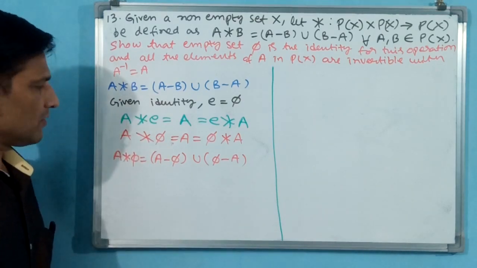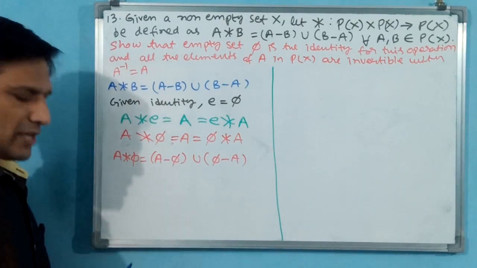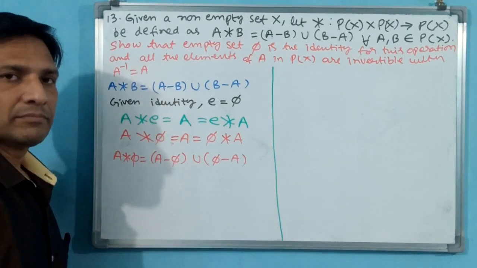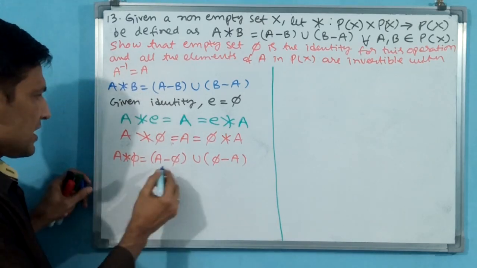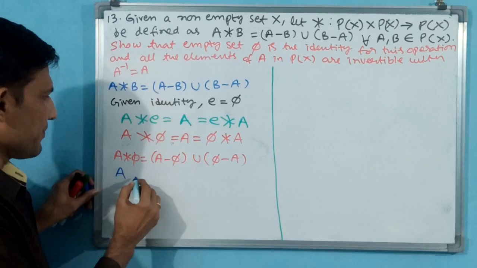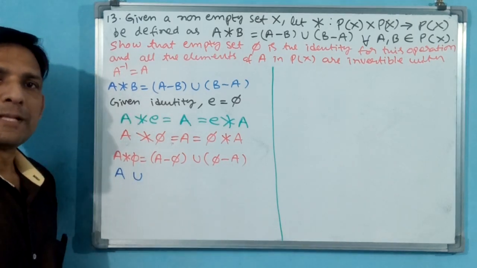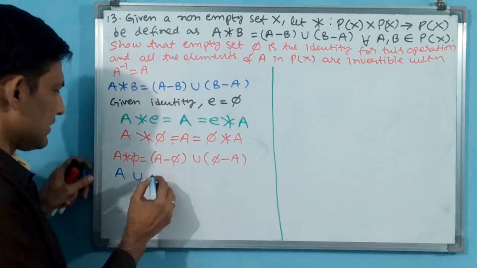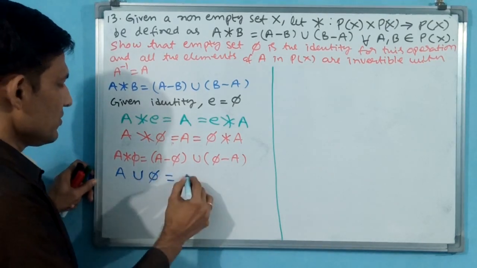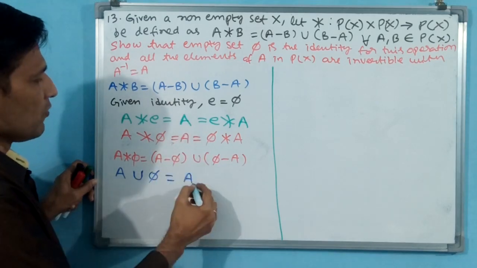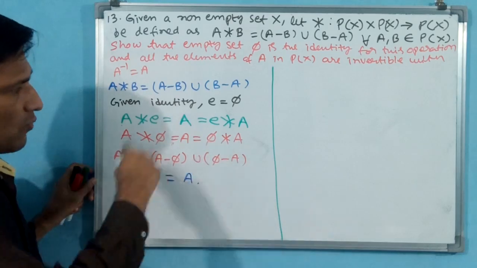Okay? Now A minus 5. A minus 5 means what will come? A only will come. Why? Because see, 5 is the null set. That means A minus 5 union 5 minus A, 5 will come. That's all. That is equal to A. Proved. Okay, A has come. This is proved. Now we go for this also.